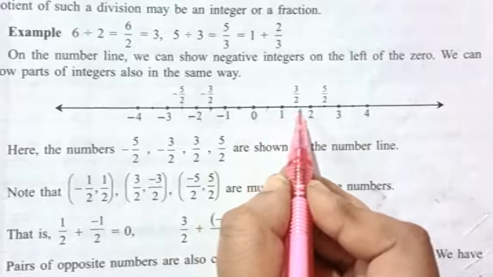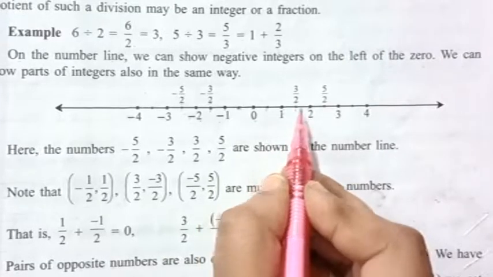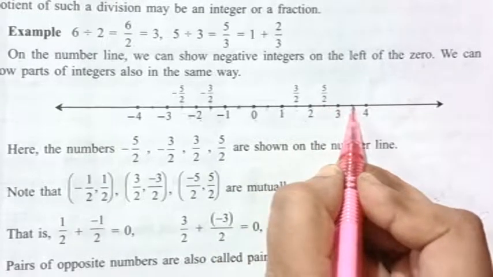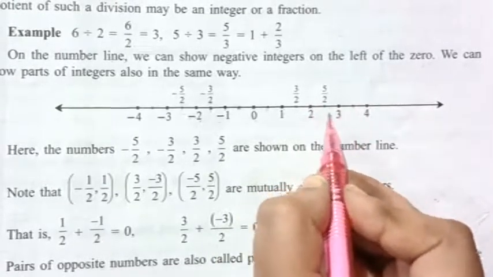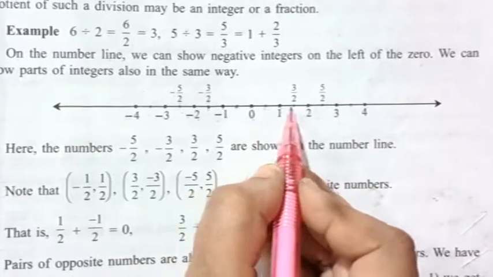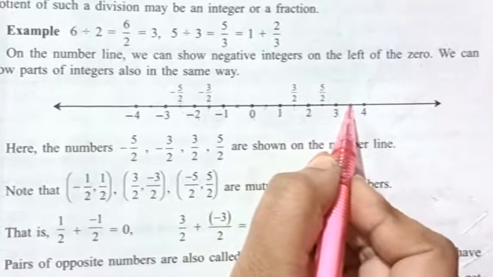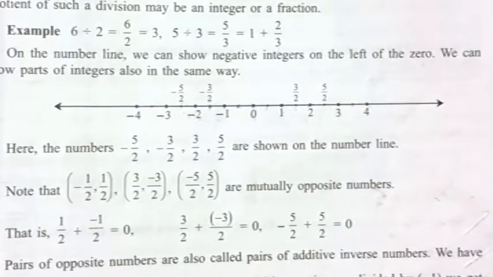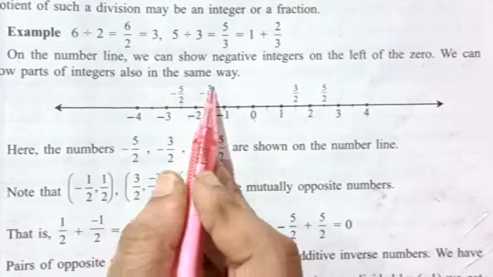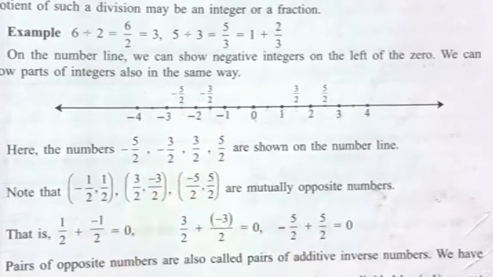This becomes 2. Then this is 3 upon 2. This is 4. This is 5 upon 2. This is 6. Then here becomes 7 upon 2. These two numbers are divided into two parts. So whenever the numbers are divided into two parts, you have to calculate this middle number points also. Is that clear, everybody? How you are supposed to show the parts of integers by dividing it? So these are what? Whole numbers. And after dividing, you can show the middle points also.